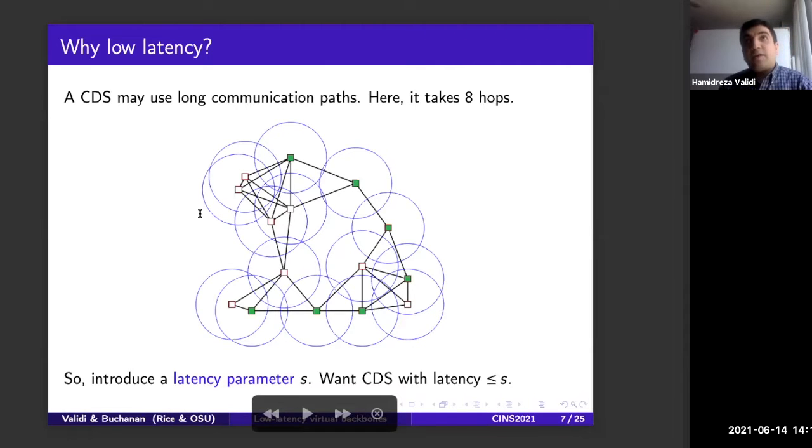So that is why we want to bound this latency parameter and say that we want some connected dominating sets with latency at most S. We want to impose that the maximum length of communication is at most S. So a connected dominating set like this, for example, here might not be desirable. With this kind of motivation,